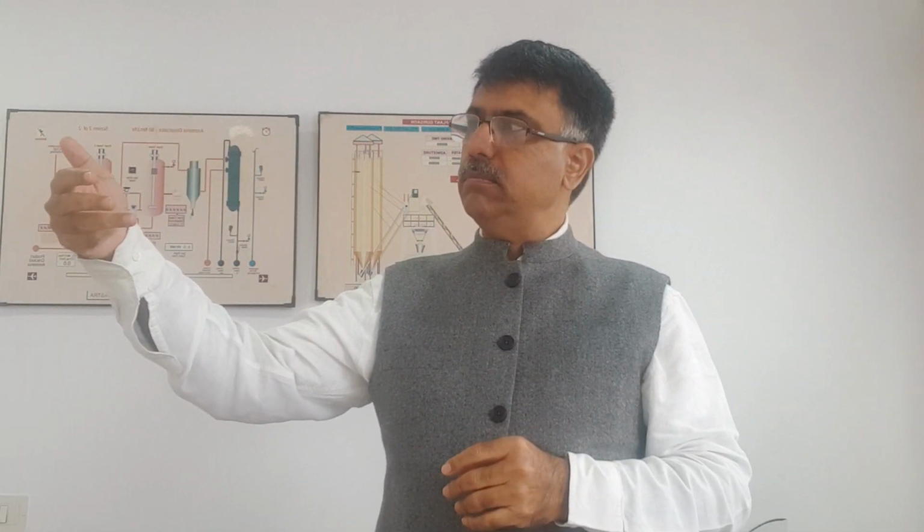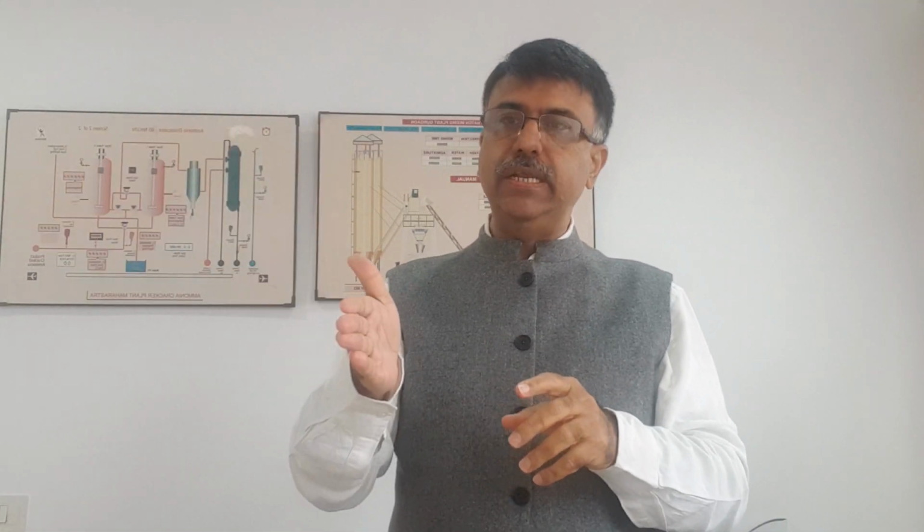So we have to install it after the inverter, right? After the inverter. The installation will be done either before ACDB or after ACDB, so between inverter and ACDB you can install it. The 3 power wires will go from inverter to Solcon, from Solcon to ACDB, and then from ACDB to LT panel, the evacuation panel. Or it can be installed as inverter, ACDB, from ACDB to Solcon, and from Solcon 3 wires go to the power evacuation panel. It's as simple as that.